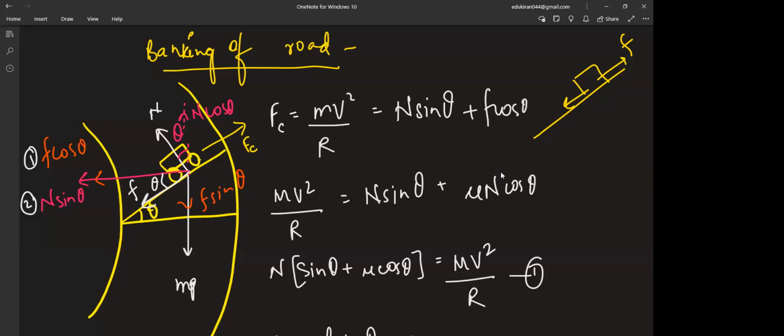But right now we are talking about the static car. When the vehicle starts its motion, it will move forward, and then backwards frictional force will also act. That will be the normal frictional force, which will be equal to mu N. Simple questions which you have been solving, you will solve in that way. That's why we are discussing it separately, and the velocity formula is also different.